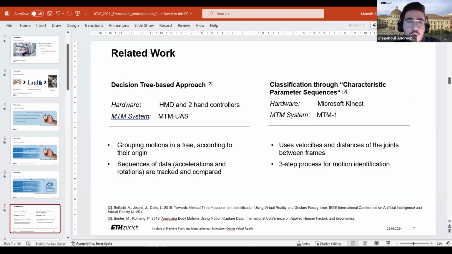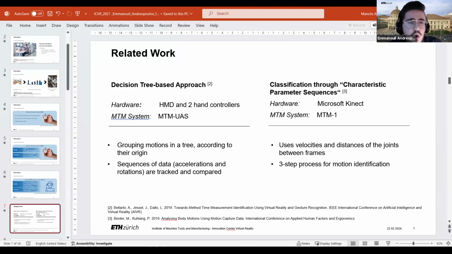There is some work that has been done towards this direction, which, however, is not very well represented in literature. The two most important pieces of work are from Bellarbi et al. and Benter et al., which are presented in this slide. The first is a decision tree-based approach, which uses a head-mounted display and two hand controllers, and the so-called MTM